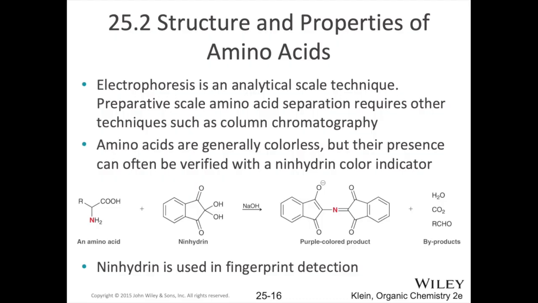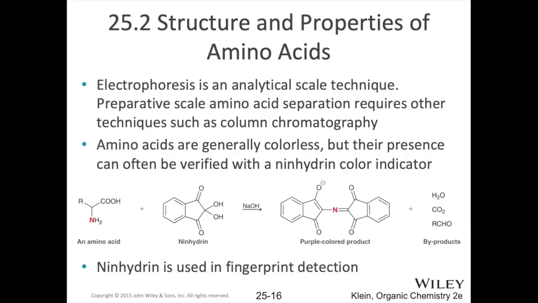All right. Now, if you want to visually identify the presence of an amino acid, we can use what's called ninhydrin. Ninhydrin can be used as an indicator. Basically, when it comes into contact with an amino acid, it produces a brightly colored product. This product has a purple color that's readily visible, easily identifiable. And so basically, if you spray it onto a location and that location turns purple, you know that there are